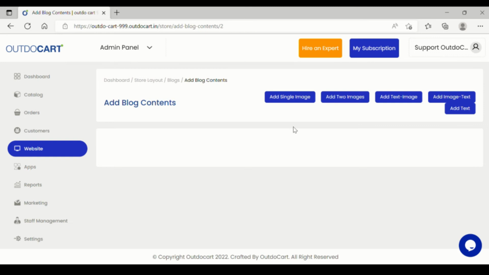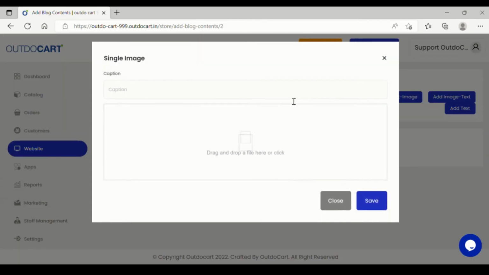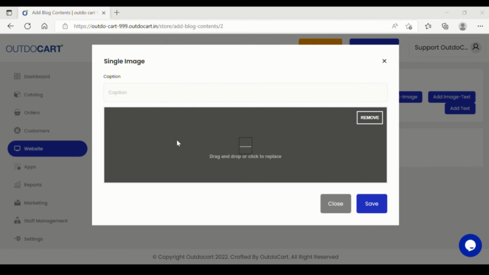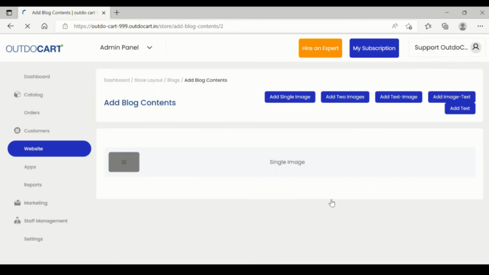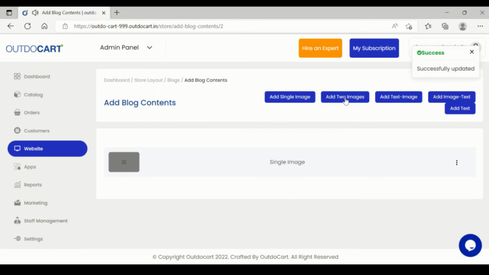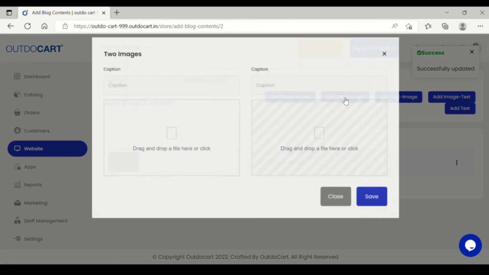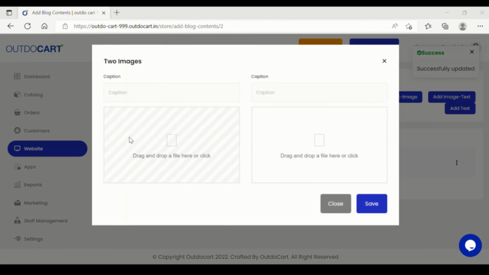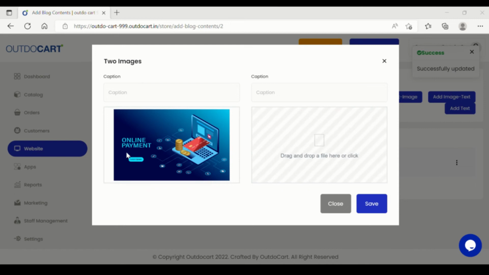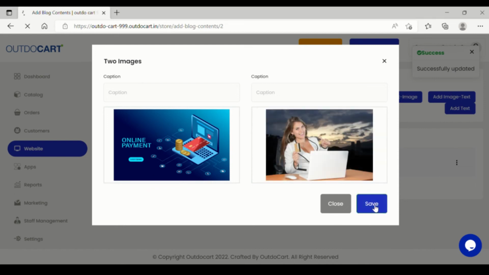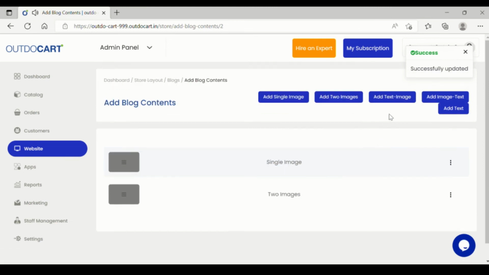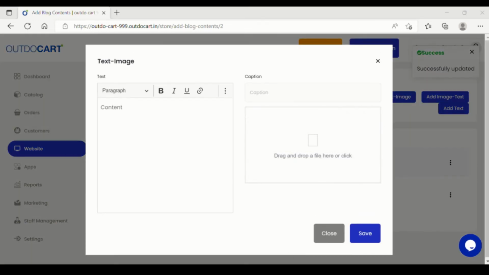So just to give you a glimpse of how to create the blogs, I'm just going to start creating a small blog for you. First, I'm going to click on add a single image, then I'm going to choose one image and add it here. Okay, and as the next section of the blog, I'm deciding to add two images, where I'm going to select and add images here. Okay, and as a third section, I want to add a small description, sorry, small content about the blog,